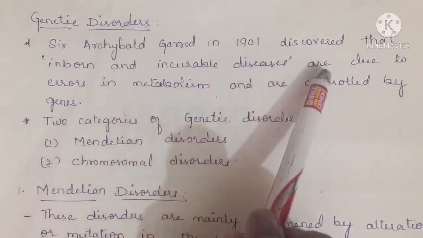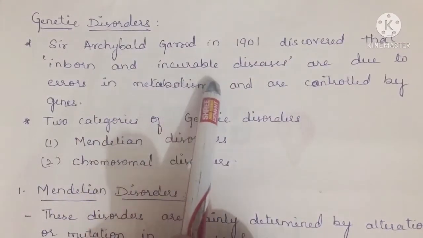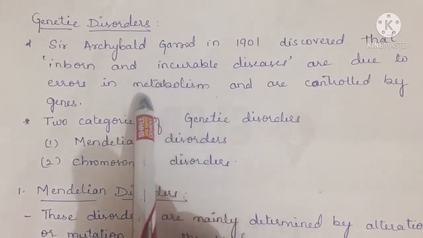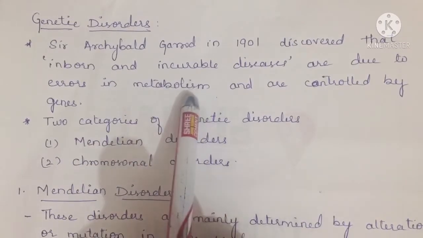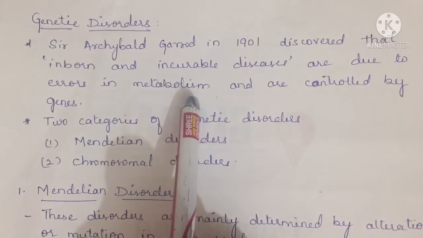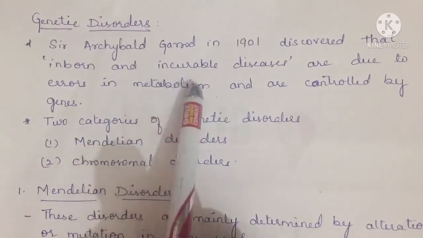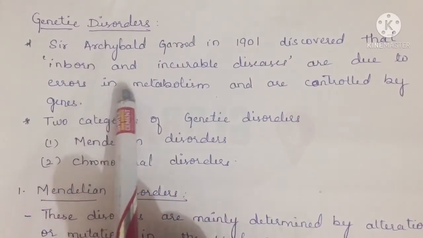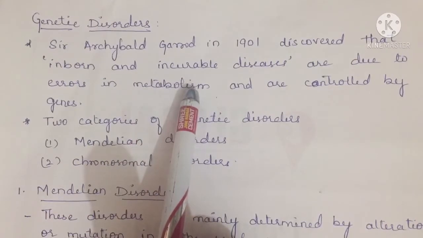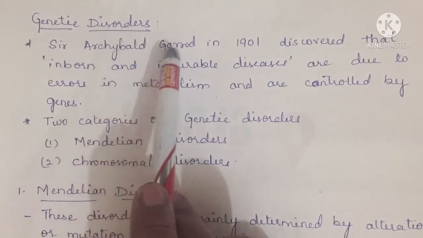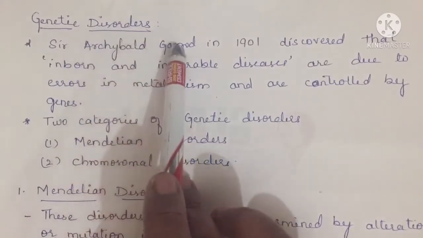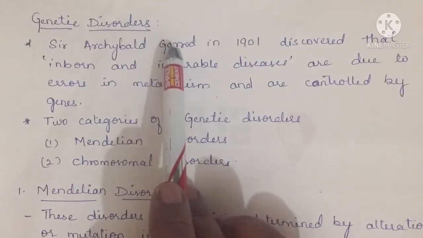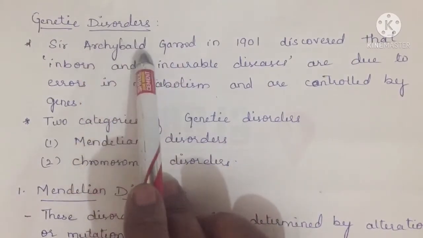And these diseases are due to errors in metabolism. In first year you have studied what metabolism is, and some metabolic reactions you have studied in the citric acid cycle, and in the other cycles, right? The Calvin cycle. During metabolism there are some errors. If there is one error or many errors in that, then it can lead to diseases. So these diseases were described or discovered by Sir Archibald Garrod, not pedigree analysis. Please make a clarification in that. I made a mistake, I'm sorry about that, so please correct it.